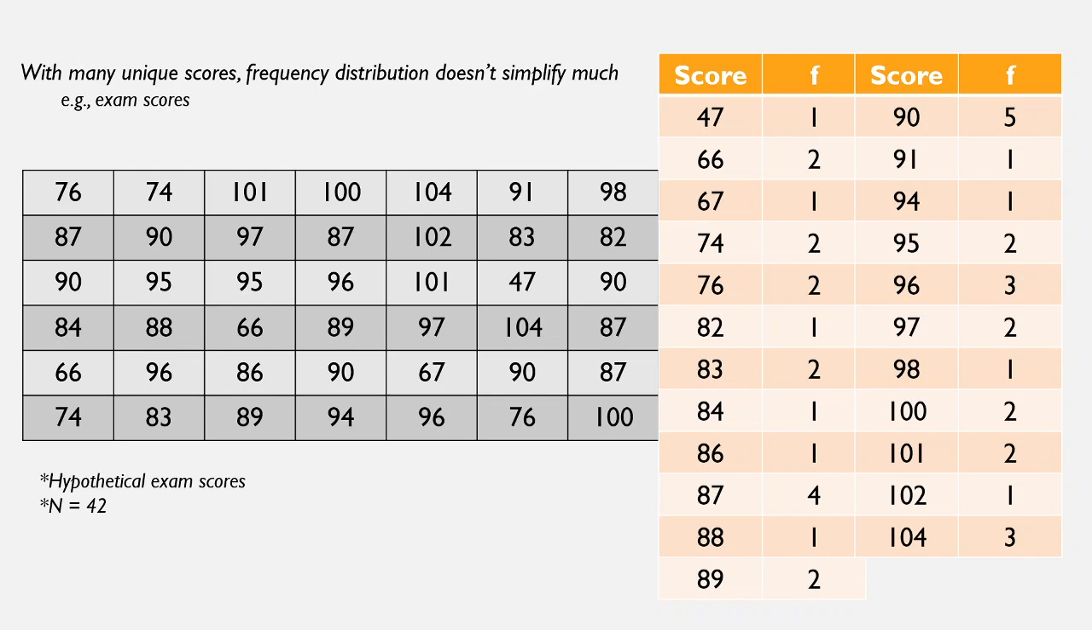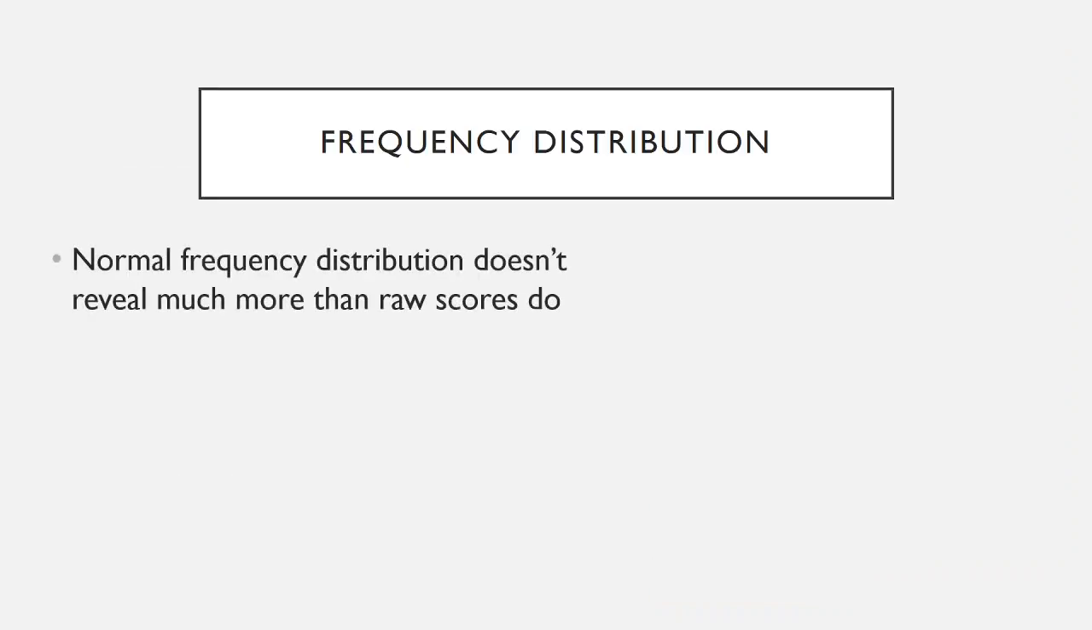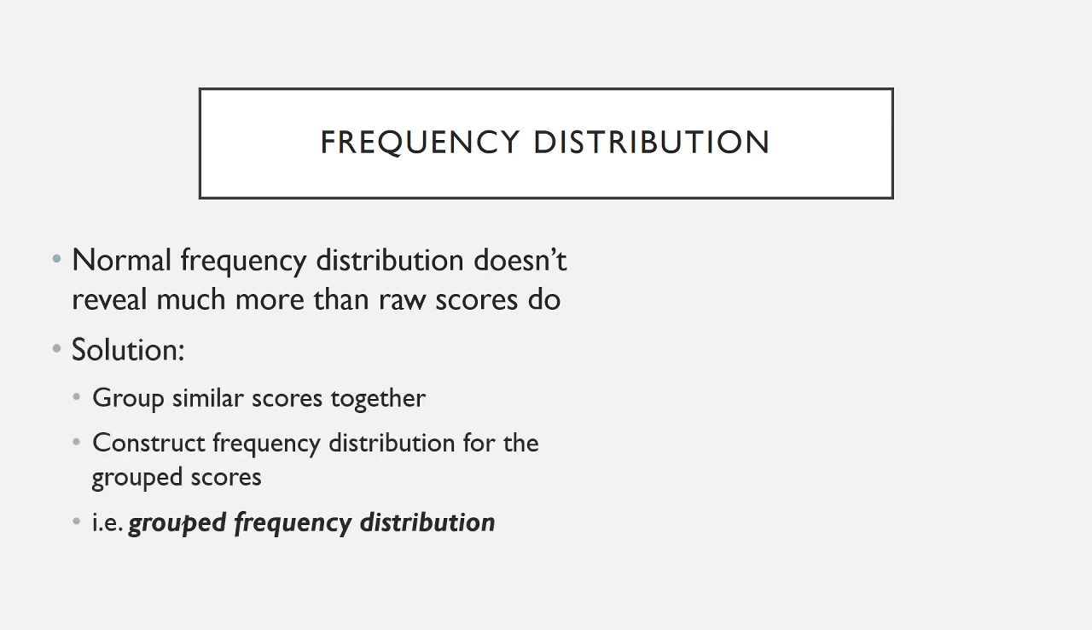We want to come up with a strategy that really can synthesize this data down into something that does communicate something clear to your audience. So in this case, the frequency distribution doesn't really win any effectiveness points much more than the raw data did. So what you can do is, if you have a data set that has multiple similar scores or many scores